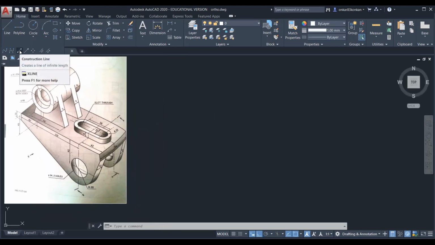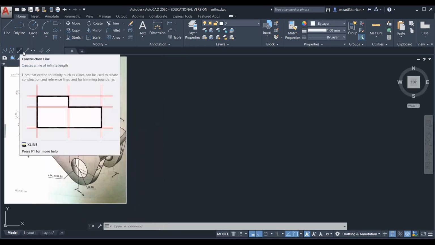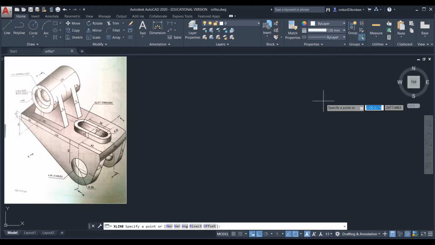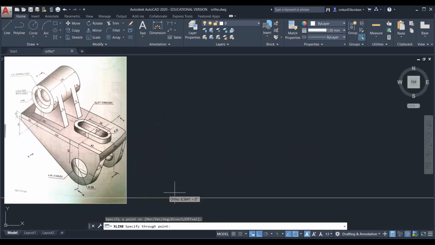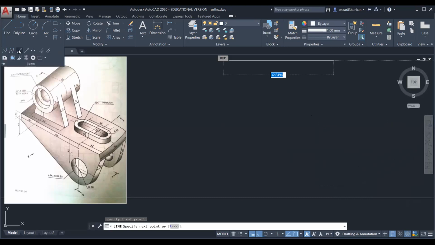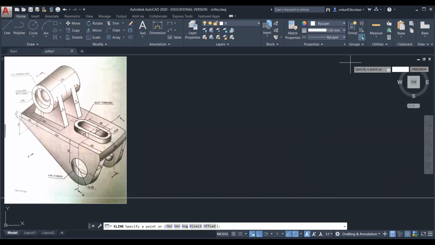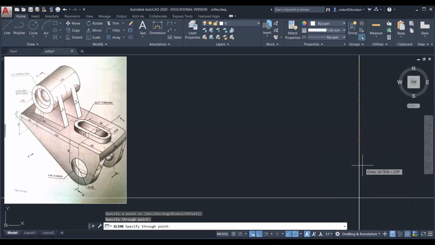To start the drawing, draw the XY line and the X1Y1 line.